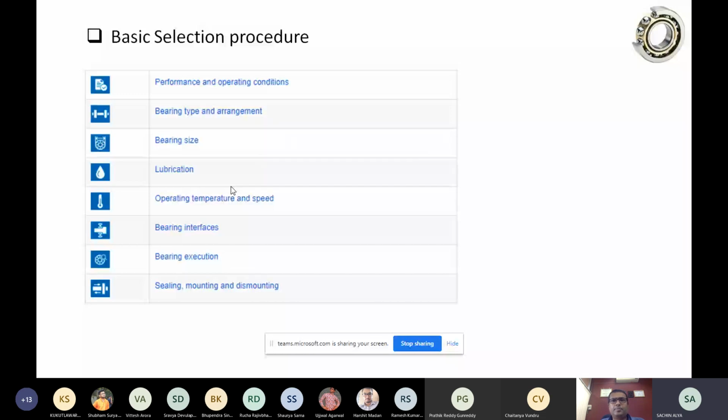Then the lubrication properties, then operating temperature and speeds of the bearing, then bearing interfaces, bearing execution, sealing and mounting, like what type of sealing we should use on the bearing. So all these we should select, and then finally we'll get our bearings.